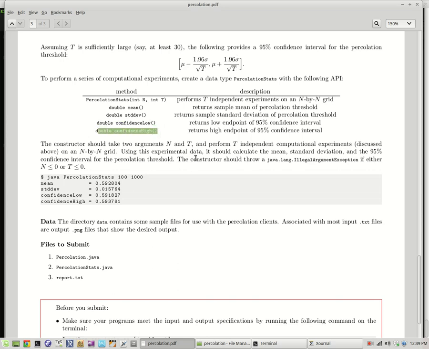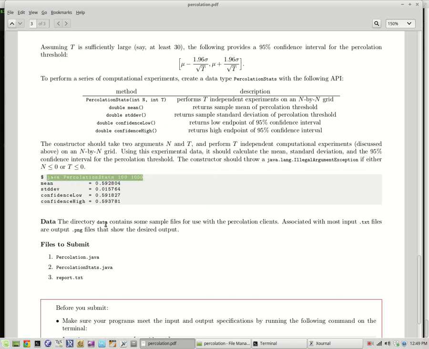So that's that, and this part is fairly straightforward. Once you have the percolation data type implemented from problem one, implementing percolation stats in problem two is pretty straightforward. And once you have percolation stats implemented, you can test it by running this command